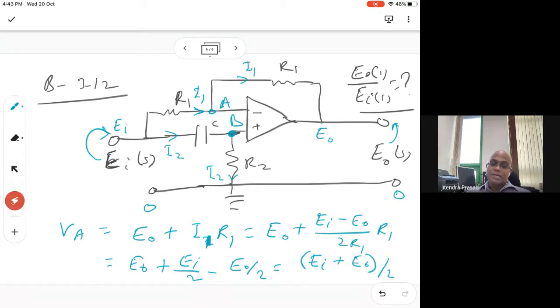Okay, and it makes sense, right? Here you have E1, this is E naught, and this is just in the middle. It should be the average of this and this, because they are connected with just R1 and R1 from both sides. The value should be the mean of the two, and that's what we get here. So that means once we have this, the next thing will be to find out